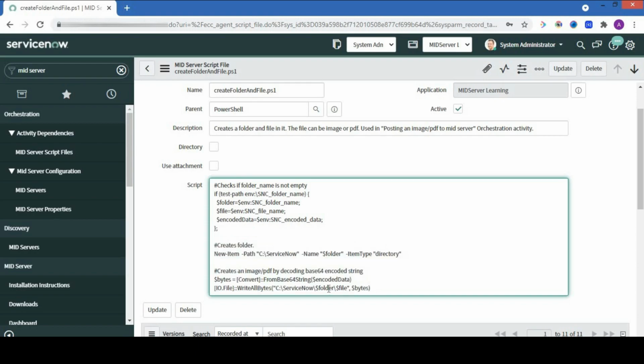What it does is it creates a folder with the folder name in the path that I have specified, and it creates a file with the decoded base64 format of our attached file, right? It decodes it back to its original format and saves it in a file with the file name that we have passed. So this is how this PowerShell script runs on the Mid server, and our file gets created in the Mid server in a path that we specify.